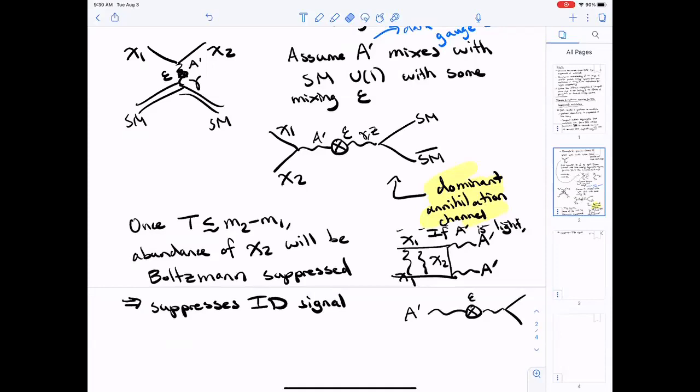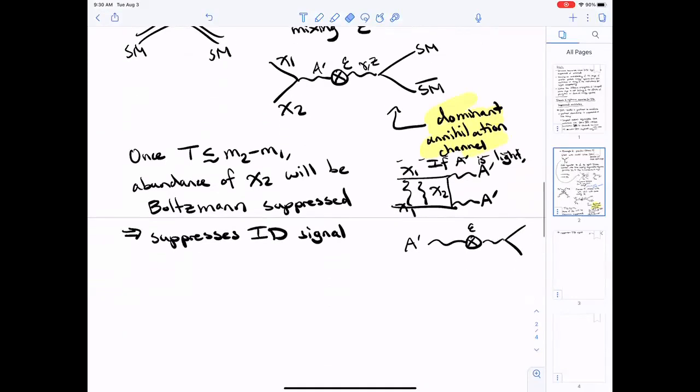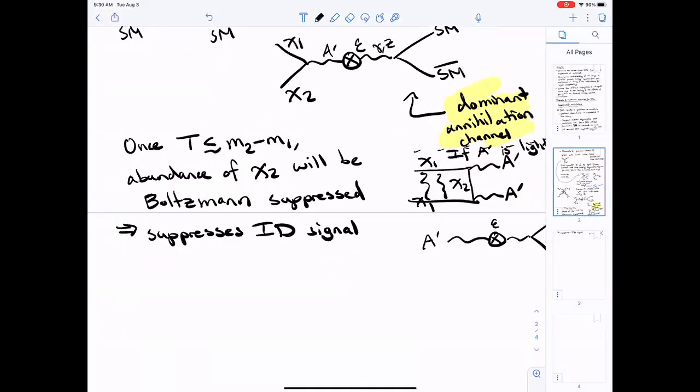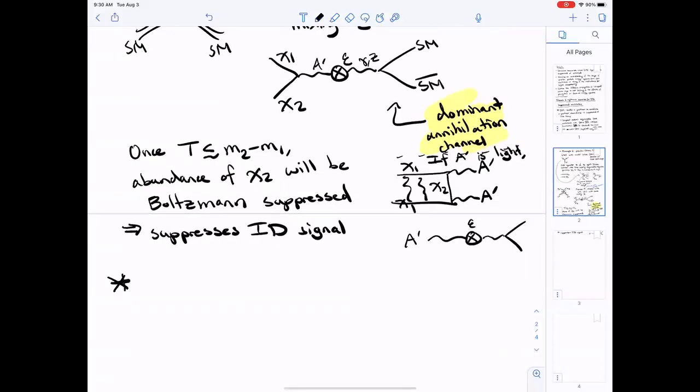So that's one category of possibilities for how you can make an indirect detection signal small: something required for annihilation is just not present in the late universe. Another possibility is you have all the particles you need to annihilate, but the annihilation cross-section itself is suppressed. So what sort of conditions of the late universe are there such that the annihilation cross-section could be suppressed then and not at early times?